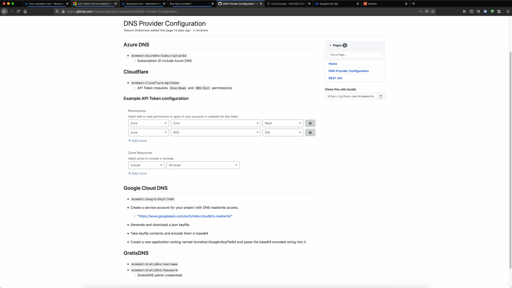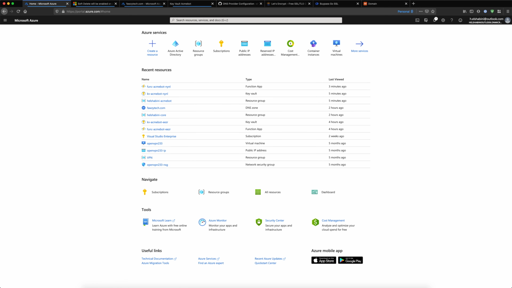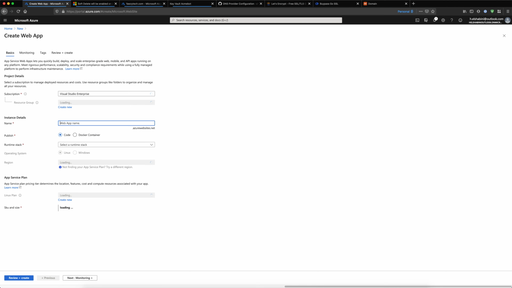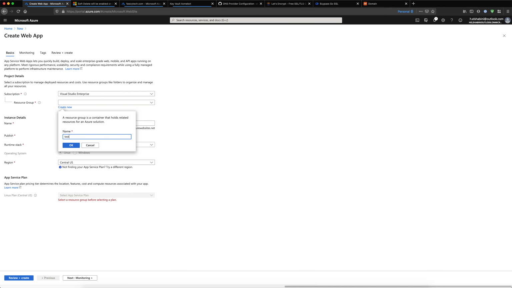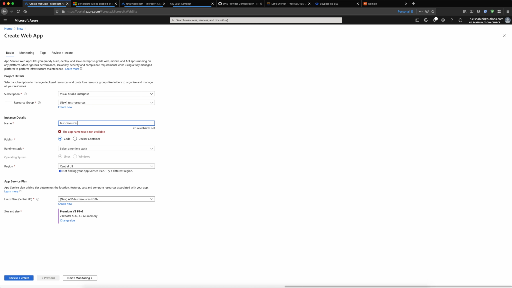I'm going to show you a few resources that we're going to create, and let's see how to protect them using the certificates that we just created. So the first resource I'm going to create is just a web app. The web app is just going to be a basic template. I'm going to create just test resources right here, and we're going to call this test resources